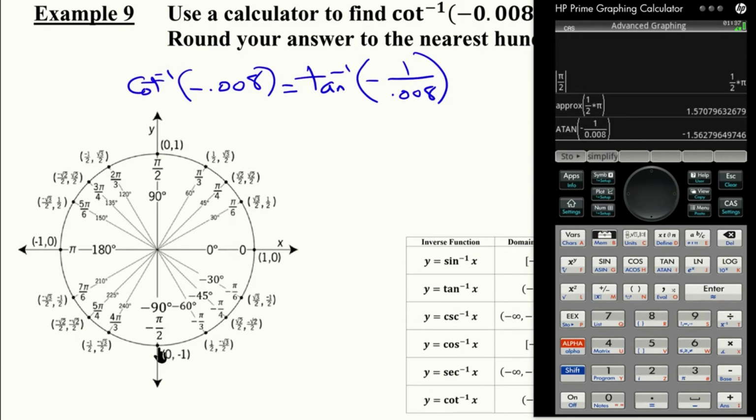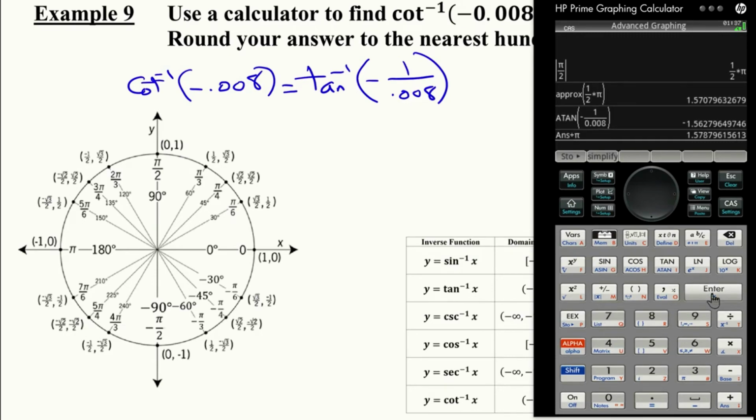So if you want an angle whose cotangent is negative, you're going to be looking up here, exactly half a circle away. Again, this is very similar to the previous one, but I wanted to show you because it has radian measure, so you know what to do. So this time you're not going to add 180, obviously. You're going to add pi. So you just go plus shift pi,